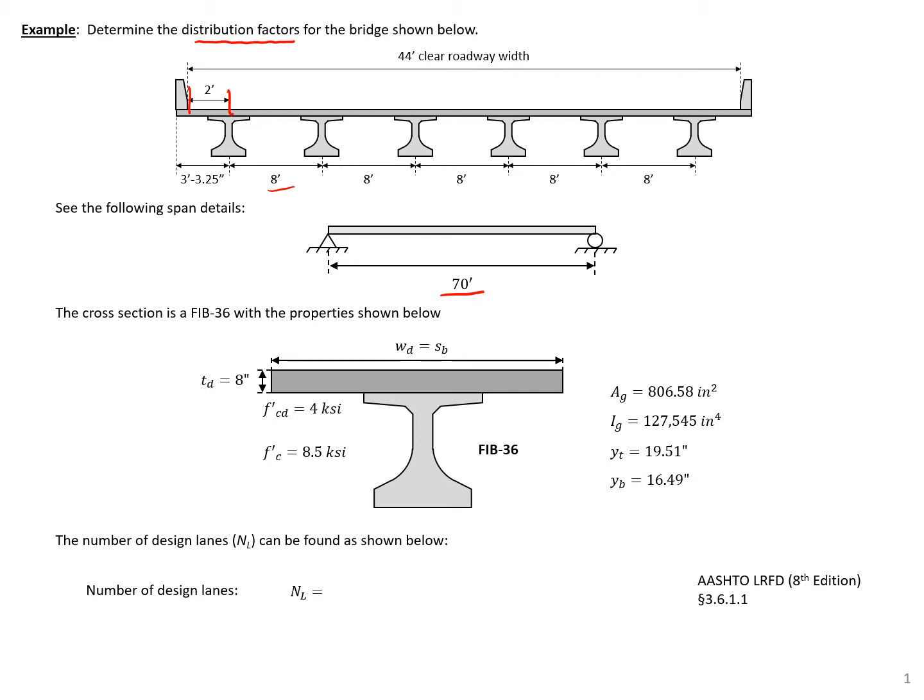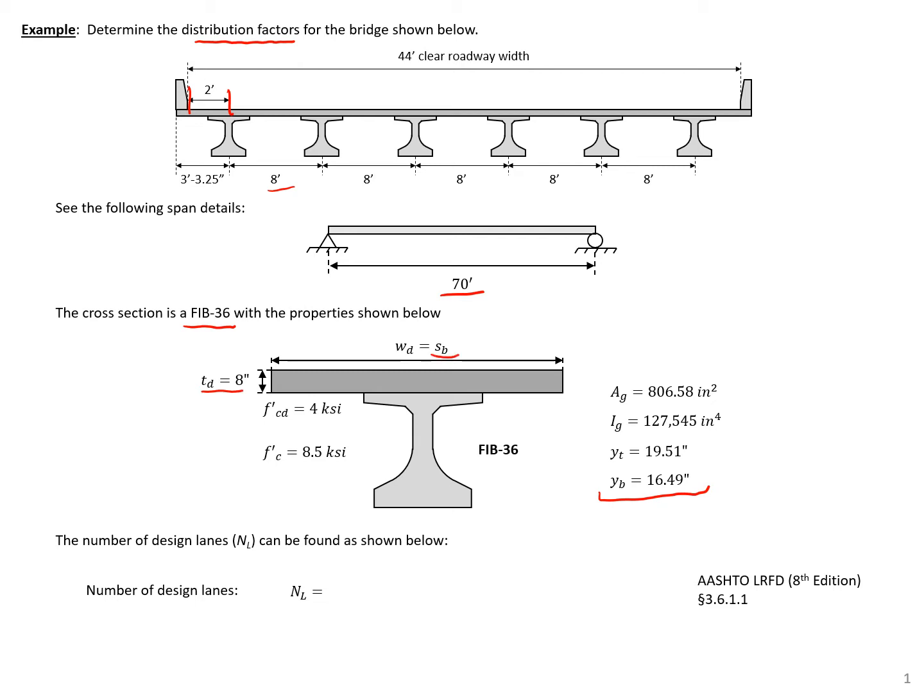And we also have the cross-section details for our FIB 36. So it's a Florida I-beam with a 36-inch depth. And we're given some of the section properties there. And we're given our details for our deck. We have an 8-inch thick deck, and the width of the deck is equal to the beam spacing of 8